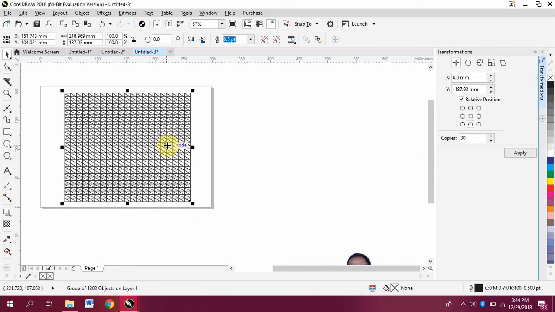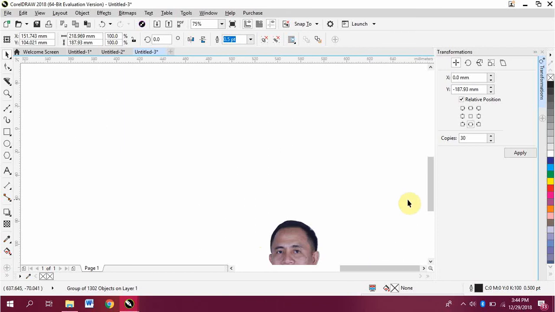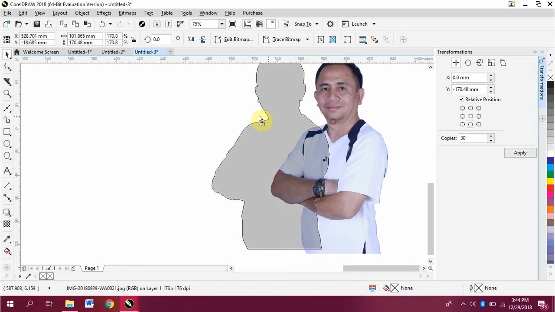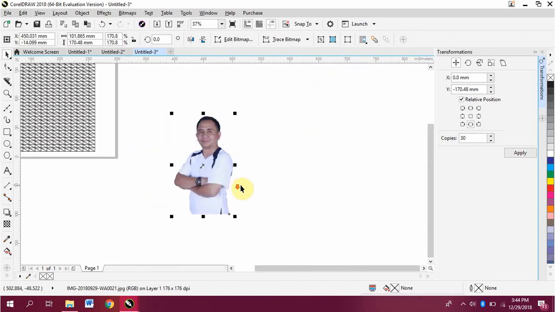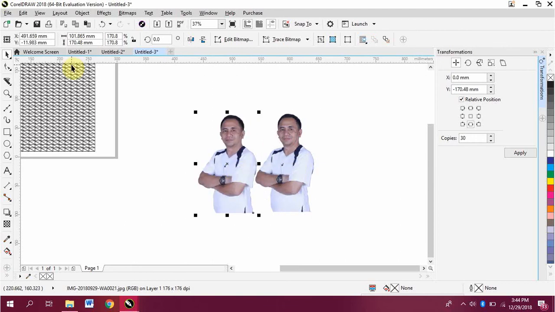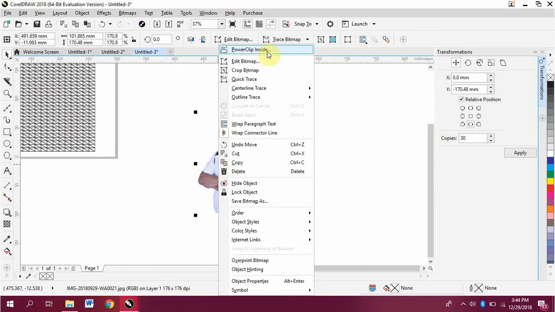The next step is copy and paste our photo. Right-click on our new photo, then select PowerClip Inside.